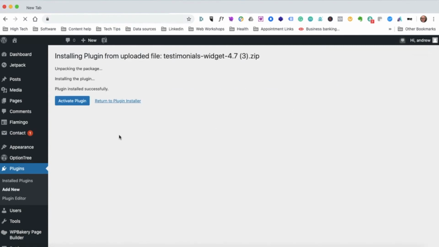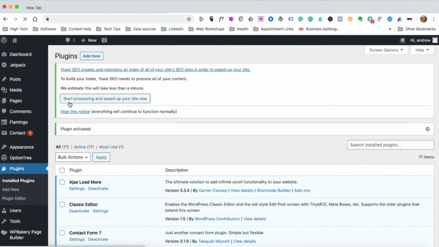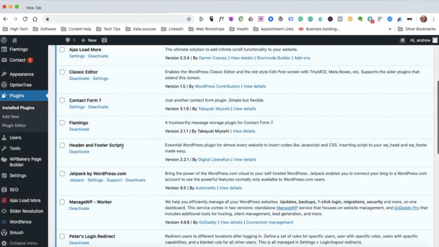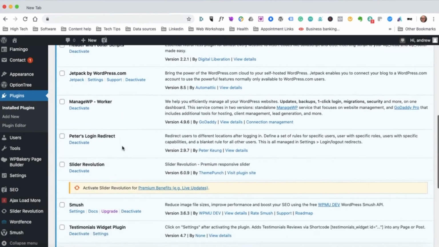It's unpacked the files and it's asking me, do I want to activate the plugin? Well, yes, I do. So I click on activate plugin, and it's done that for me, and I'm still inside the plugin section, and we'll go down,